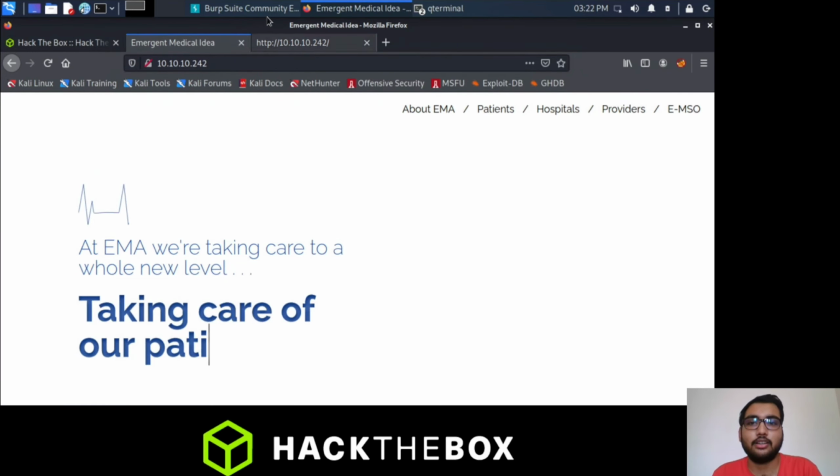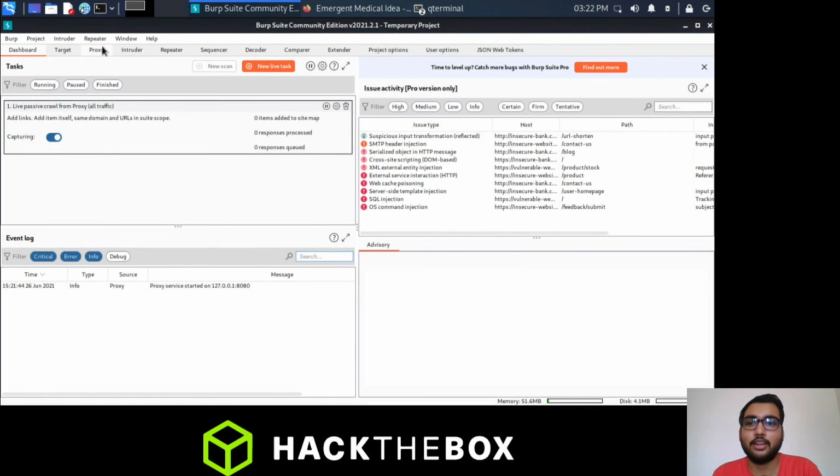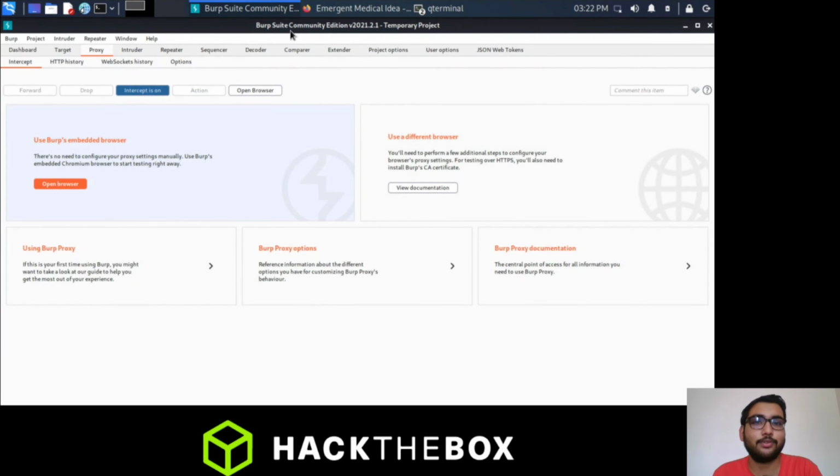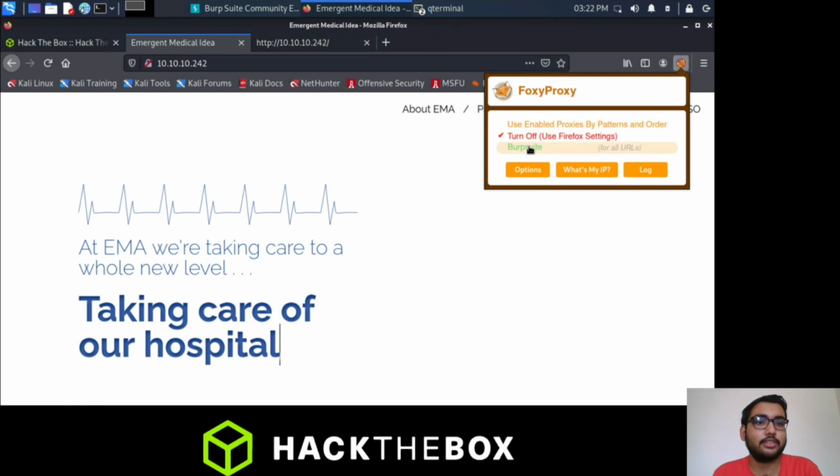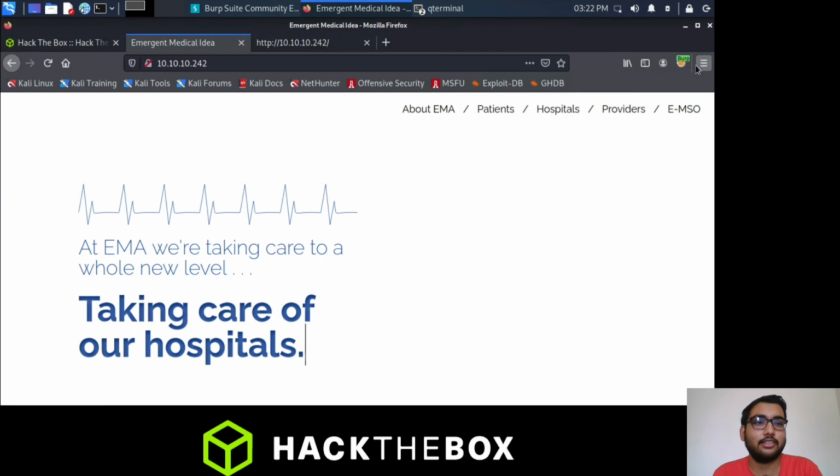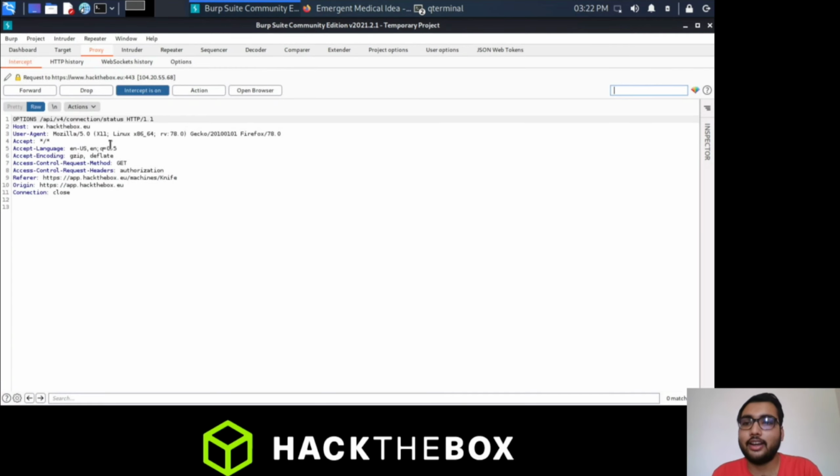Okay, let's go into Burp Suite again, and the proxy intercept is on. Let's change our proxy to Burp Suite and enter again, and just forward this.